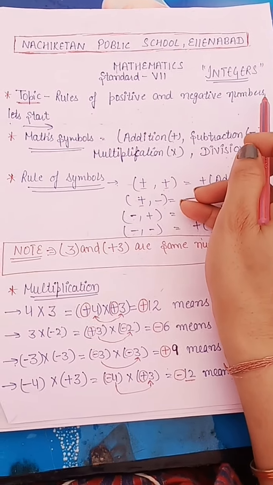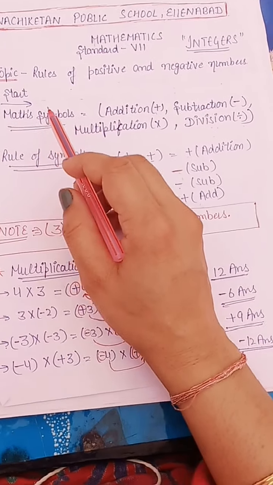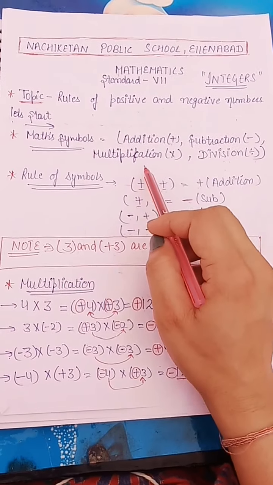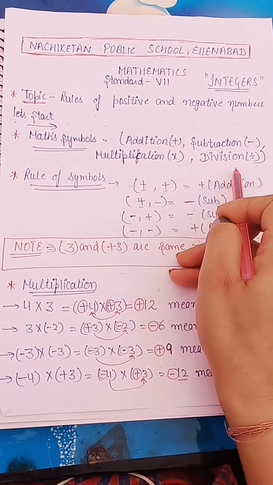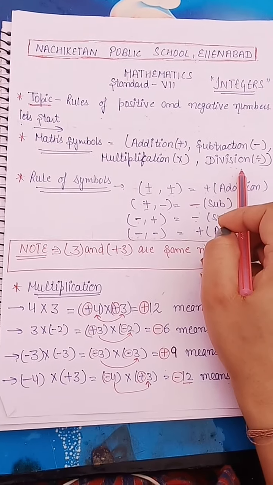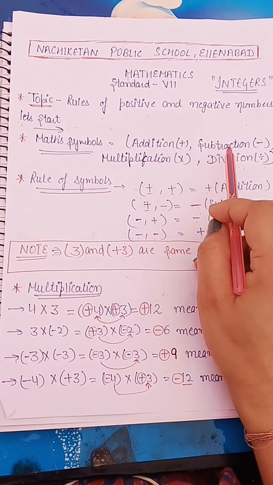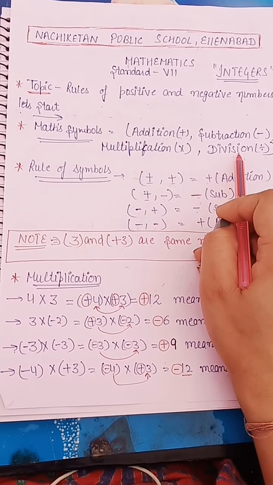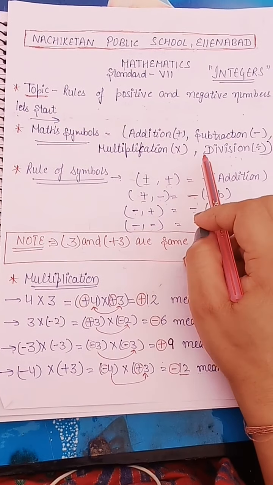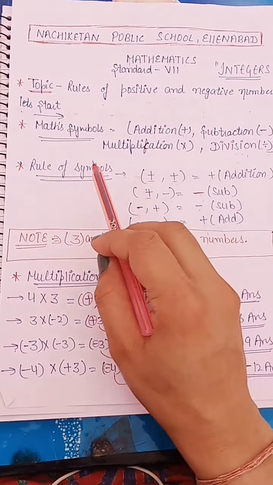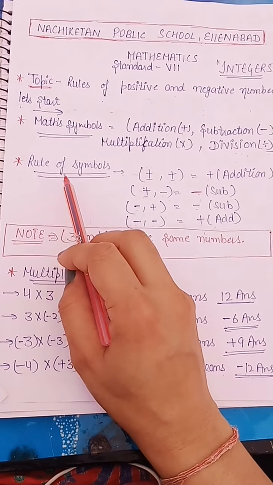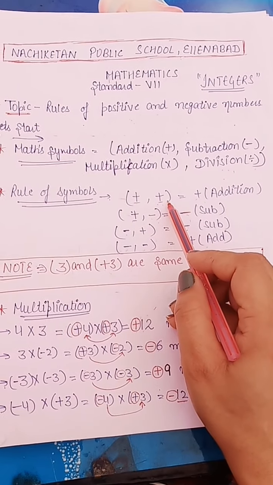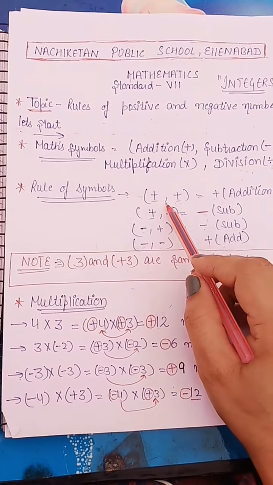In math we always use these type of the symbols like addition, subtraction, multiplication and division. In other words, we can say that these four symbols are the base of the maths. Now, how we can use these symbols as a rule? Your first rule is if you have one positive number, second is also positive number, the answer will come